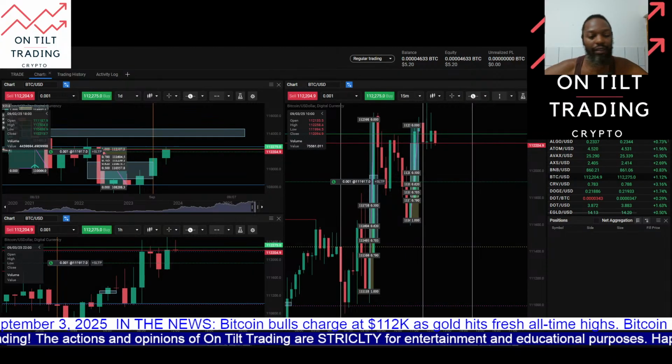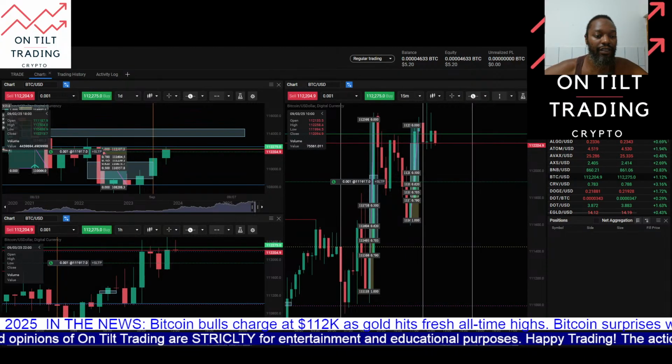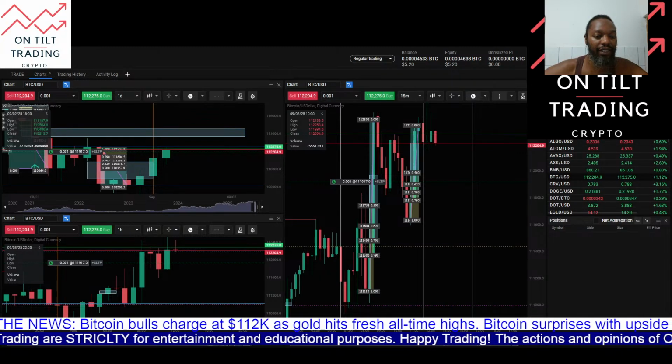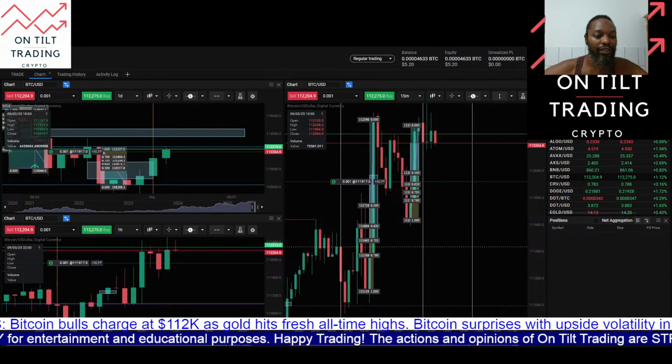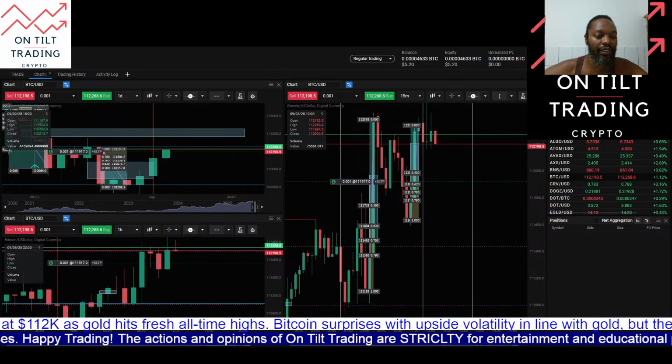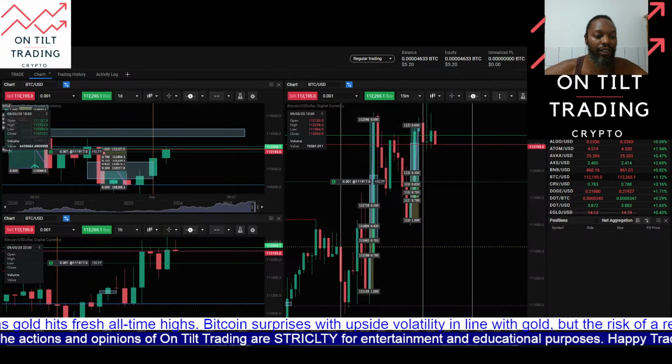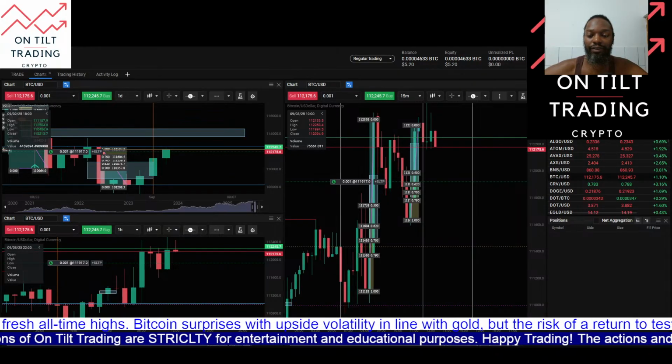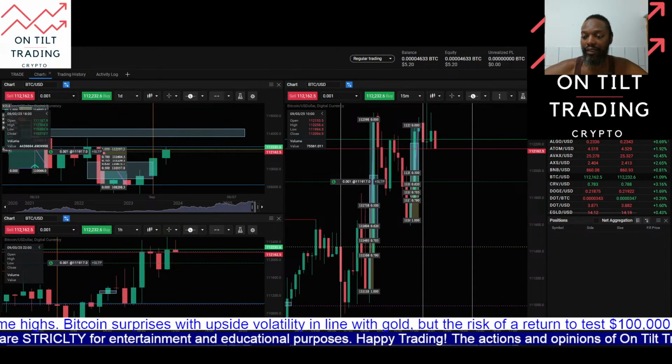And then since then, price has been delivered here to the buy side after some consolidation. There's also a fair value gap right inside here where you're seeing this blue area colored in here. With that,